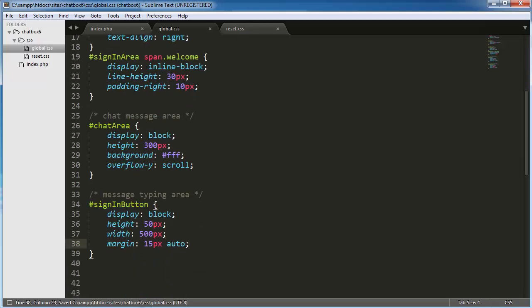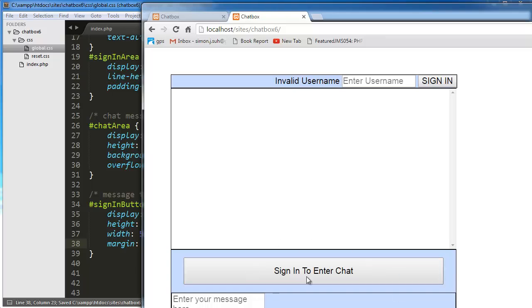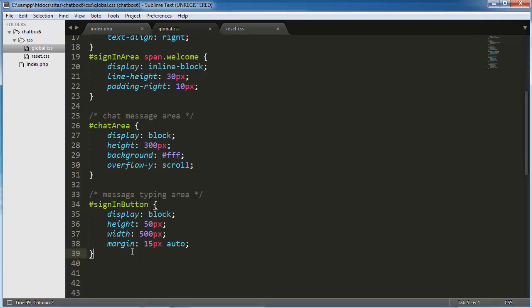So if we go back, this is what it's going to look like. That creates a large sign-in button. Next, we're going to